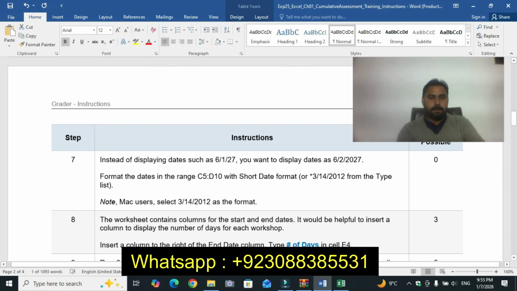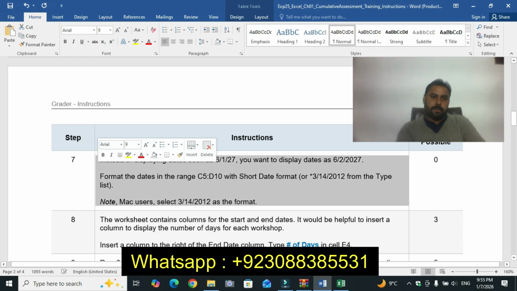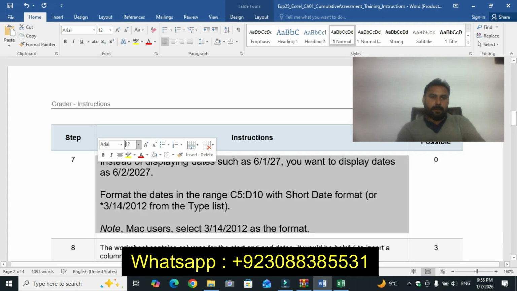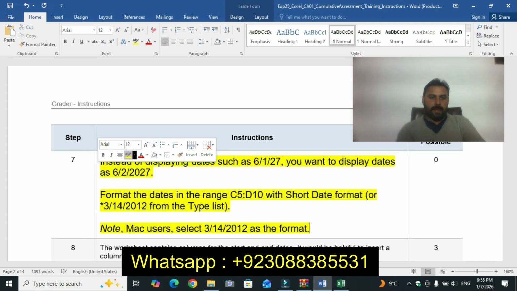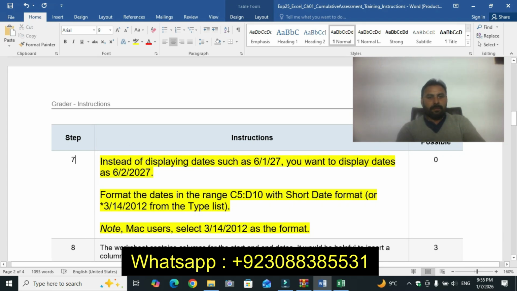Point number 7. Instead of displaying dates such as 6/1/27, you want to display dates as 6/2/2027.